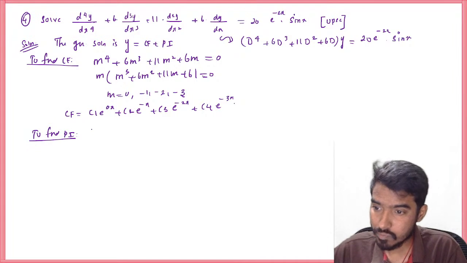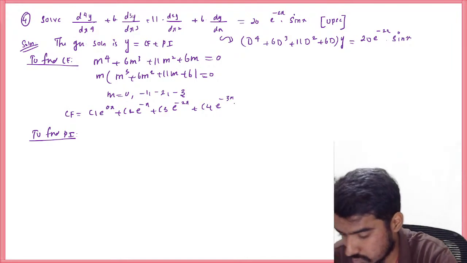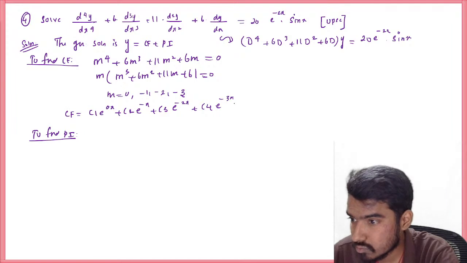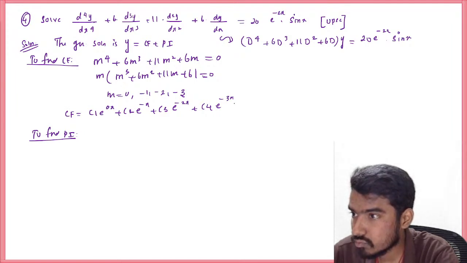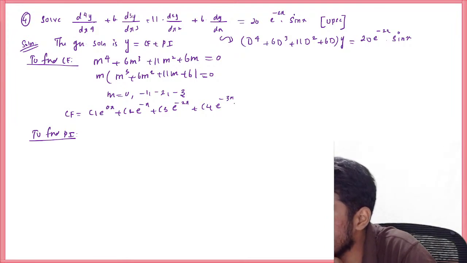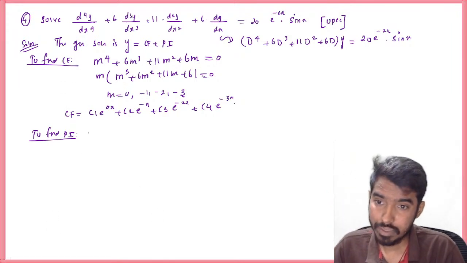So PI is equal to, PI is equal to find PI. So we have PI to be equal to,